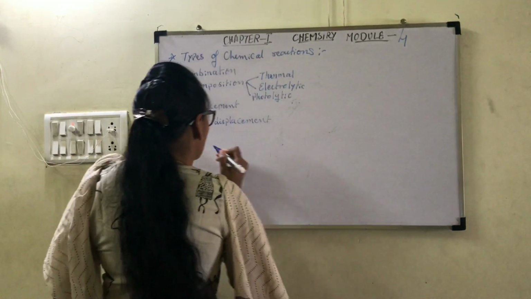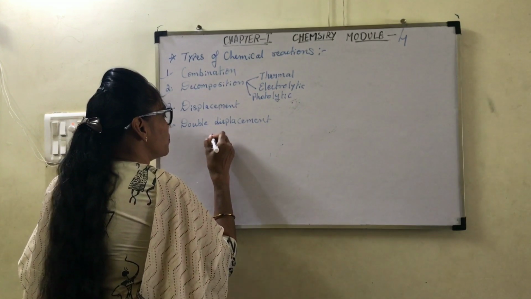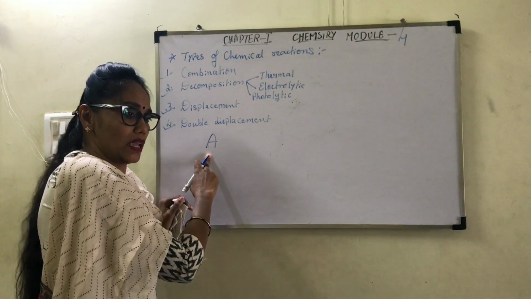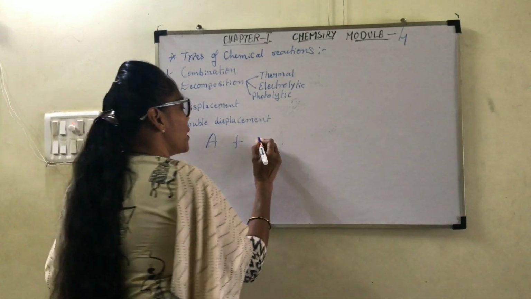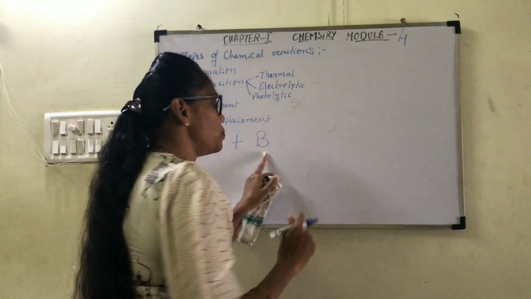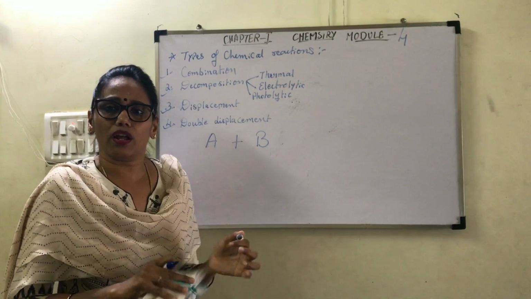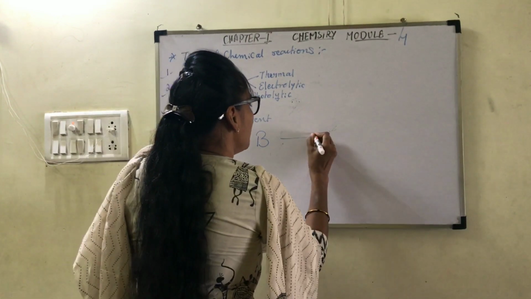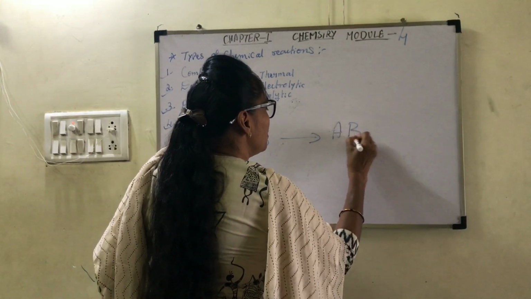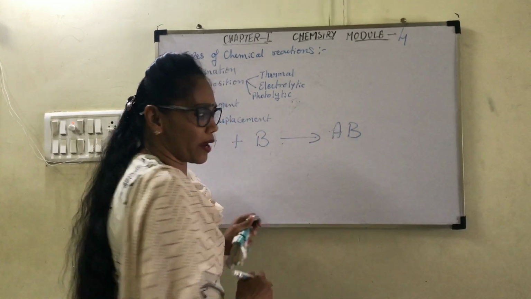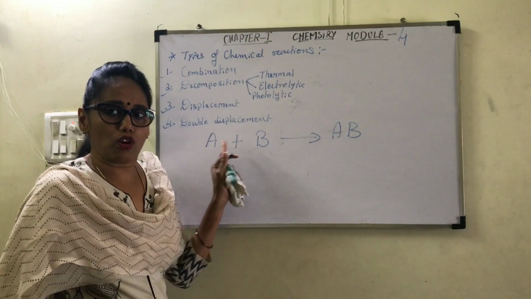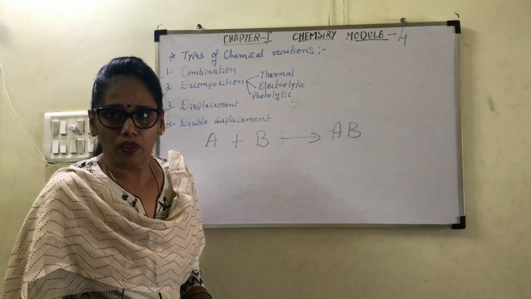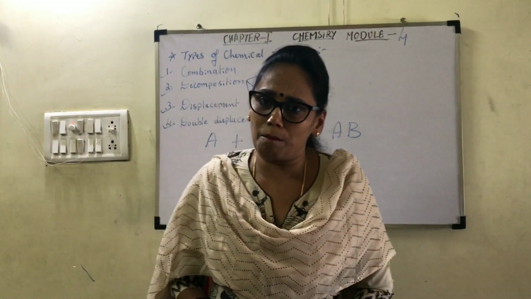So I can say that if some substance A, let A be any substance, it might be an element or a compound, reacts with substance B, which is again a reactant or a compound, you get a combination AB, that is a new product which is never similar to A nor B. It's a new product AB. Now let us go with some examples.